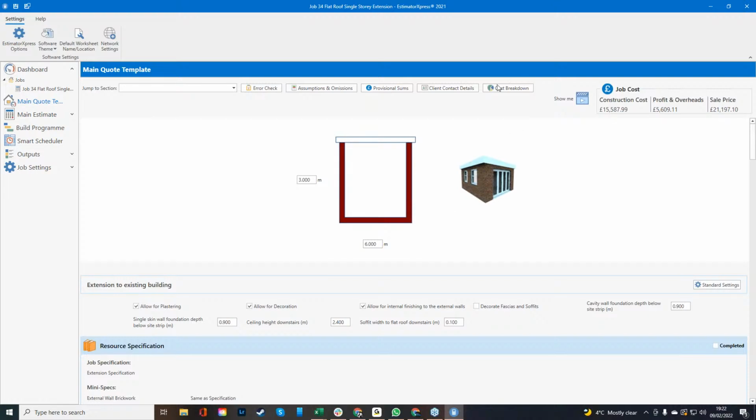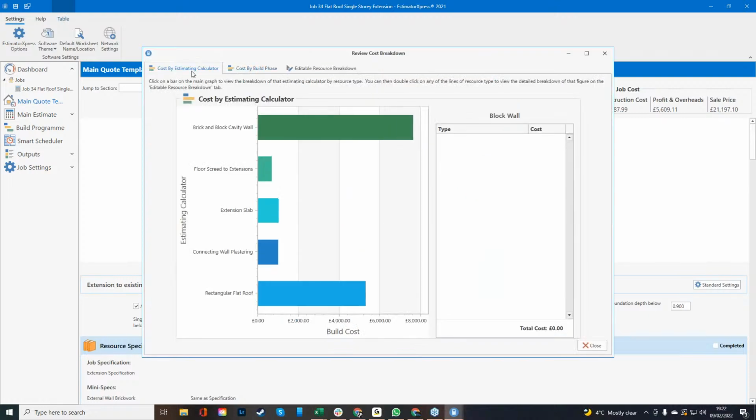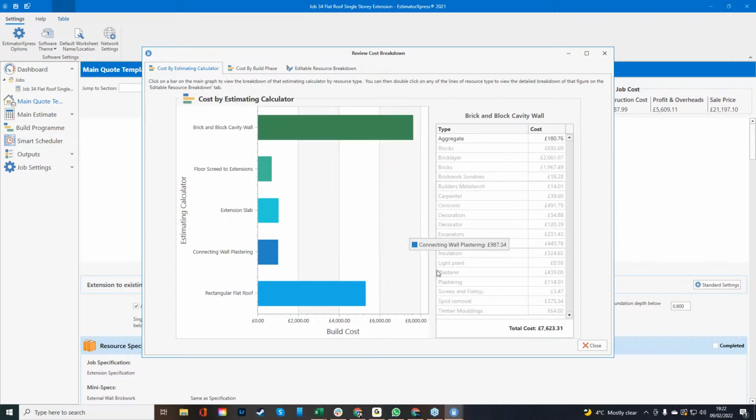The cost breakdown at the top of the page is going to break down that cost for you into its different parts. So we can go cost breakdown. I can click this here. Then we're going to be able to see cost by estimating calculator and cost by build phase. Currently we're using 5 calculators, and you're going to see what I mean by them in a moment. So the brick and block cavity wall, the floor screed, the extension slab, the connecting wall plastering, and the regular rectangular flat roof. So we've got those options available. But you might be thinking, what is in that? This is all blank. Just click one, and it's going to tell you everything that's broken down into that, up to the cost of